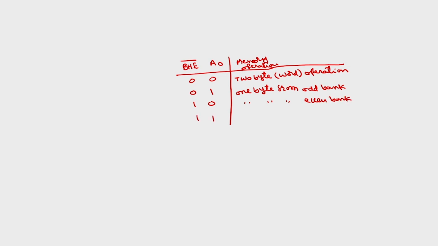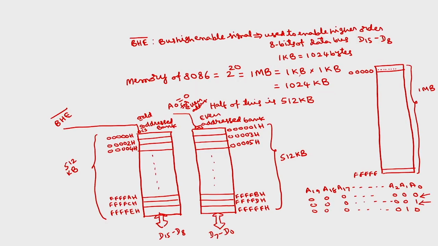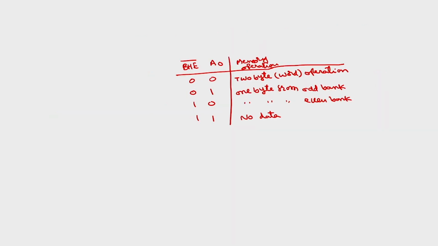Both are ones, none of the chips will be selected, so no data. Entire data bus will not be enabled. So you see here BHE bar is 0, only the odd bank will give one data which is higher order bits, this will give lower order bits. So if bus enable bar is 0, this will be 1 byte from the odd bank, which will be higher order 8 bits,